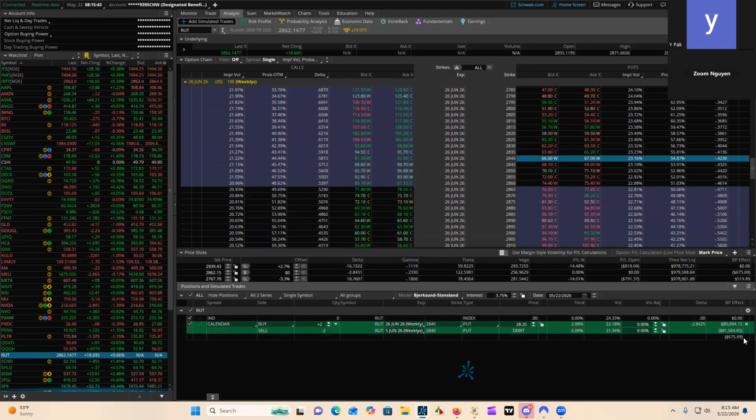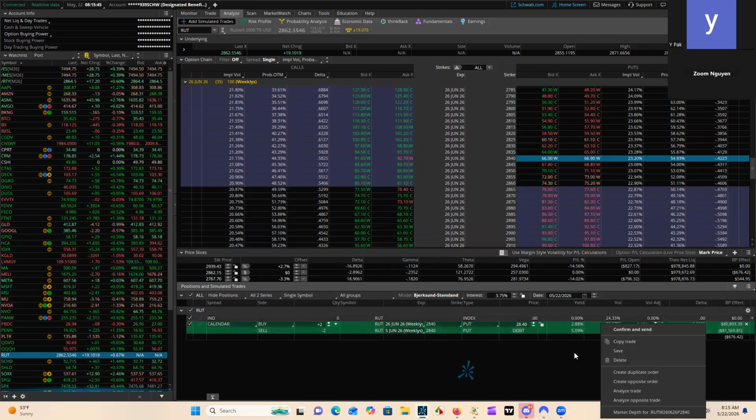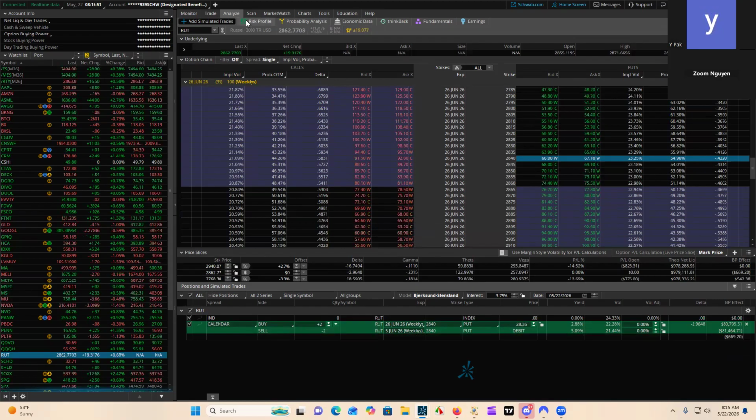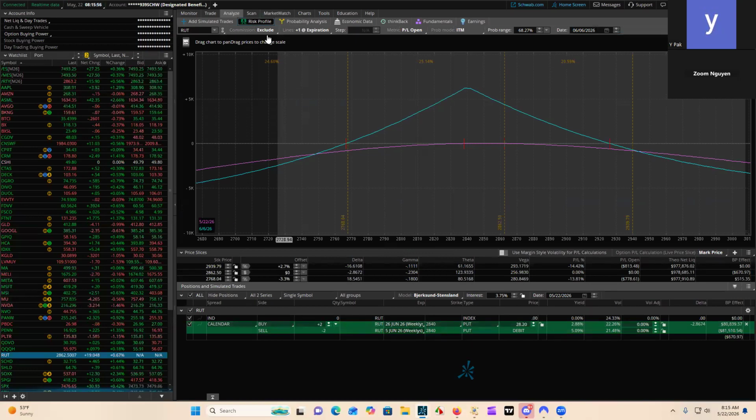What did I do? I just hit the wrong button. Right click anywhere, then do analyze trade. Sorry, I'm in the add simulated tab. So you've got to go to risk profile, because I added that simulated data trades, and then just go to the risk profile, and there's your calendar